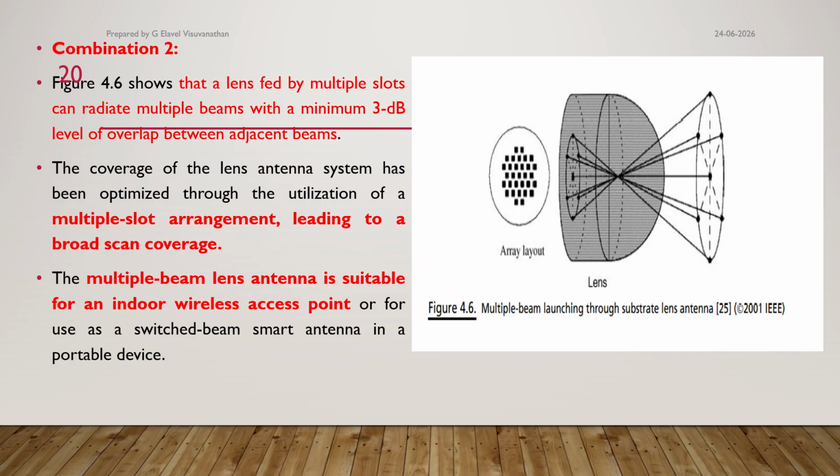So in the array slot here we are going for array, in between here we are going for lens. So with this, here we are going to go for multiple slot arrangement which is going to lead to a broad band coverage. The multi-beam lens antenna is suitable for